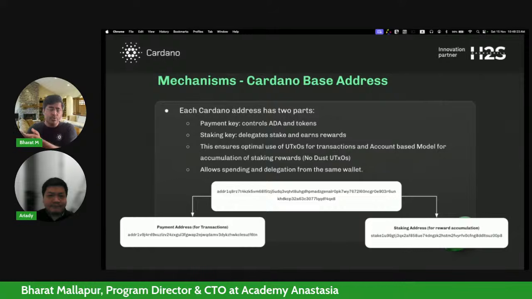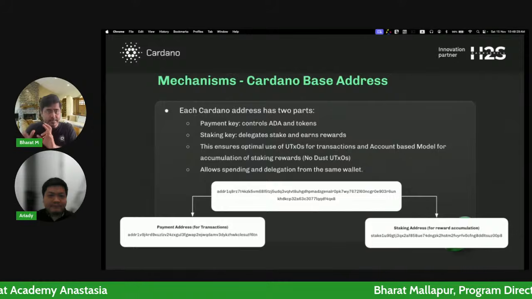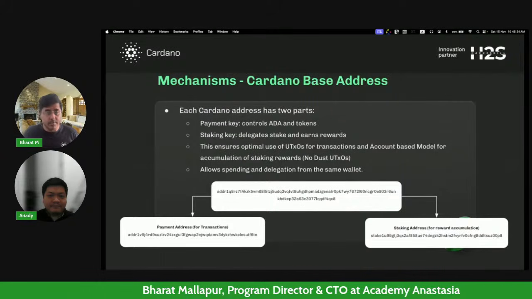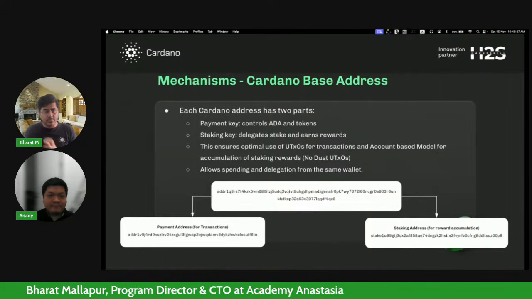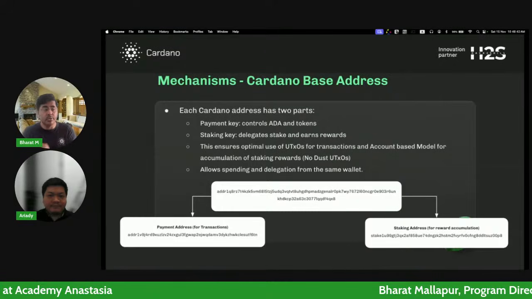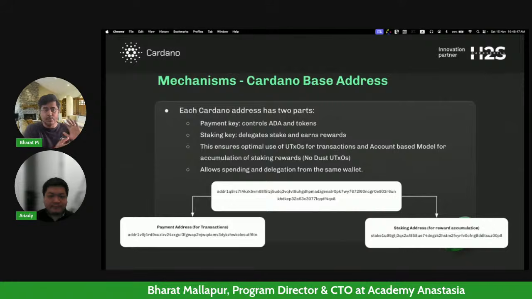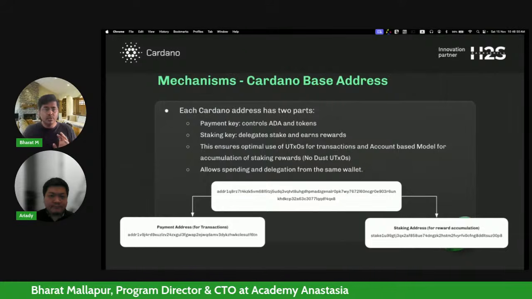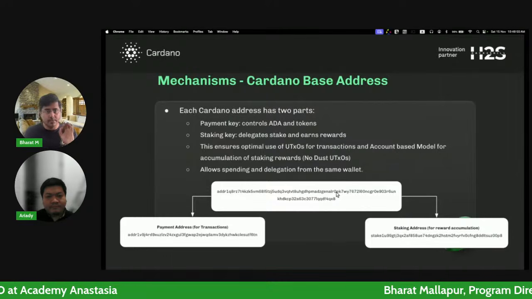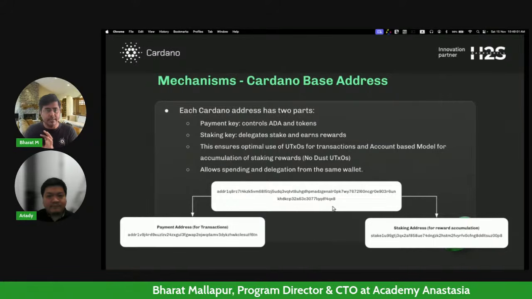Whenever you want to use those ADA, you can withdraw them into your payment account. Let's say over a year you have accumulated, say, 20 ADA. When you withdraw them from the staking account, they get converted into a UTXO of 20 ADA. So only one UTXO is created in this. It makes sure that it's very efficient. So Cardano uses a UTXO plus staking account so that it's very efficient, and you are using the blockchain with the perfect optimal balance of power and effectiveness.